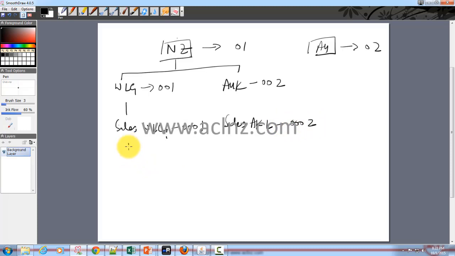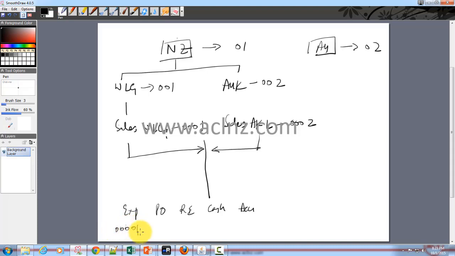And then you have a common set of accounts which are pertaining to these companies and shared across. So these common set of accounts could be, as I was saying, an expense account or a purchase account or, let's say, a retained earnings account or a cash account, accrual account, and so on. And each of these you can give a unique numbering for identification purposes. So let's say something like this